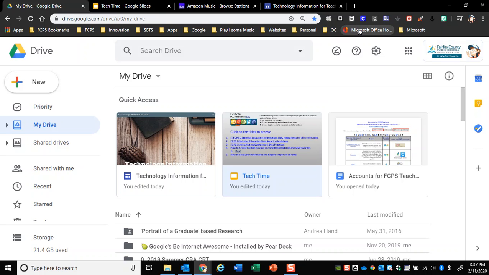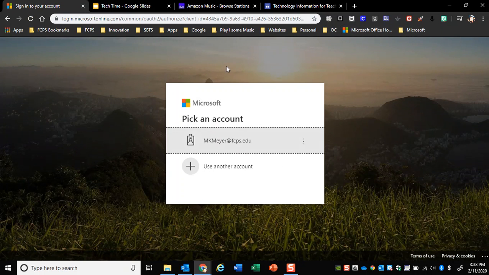Okay, and then if I have this Microsoft Office Home, I can just left click and hold, and then just drag it right over there, and there it is right there. The other way to do it is,